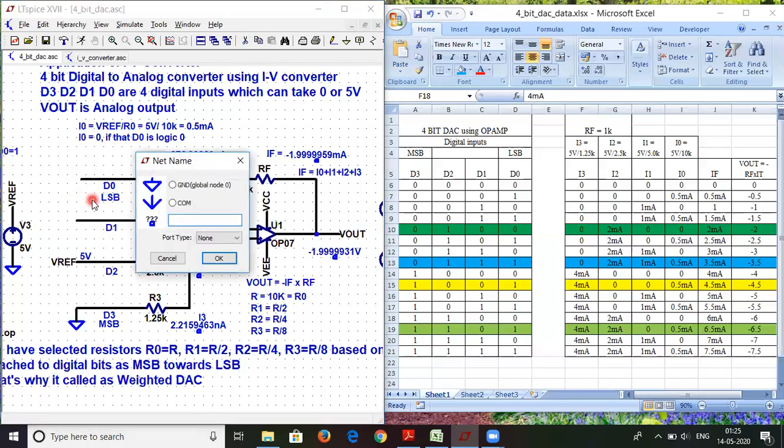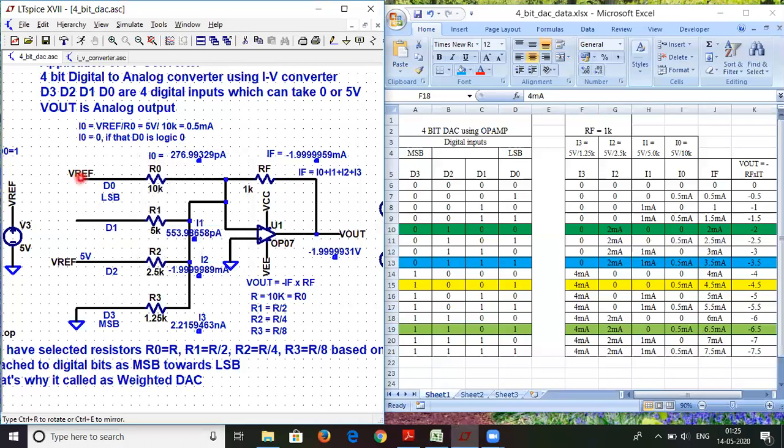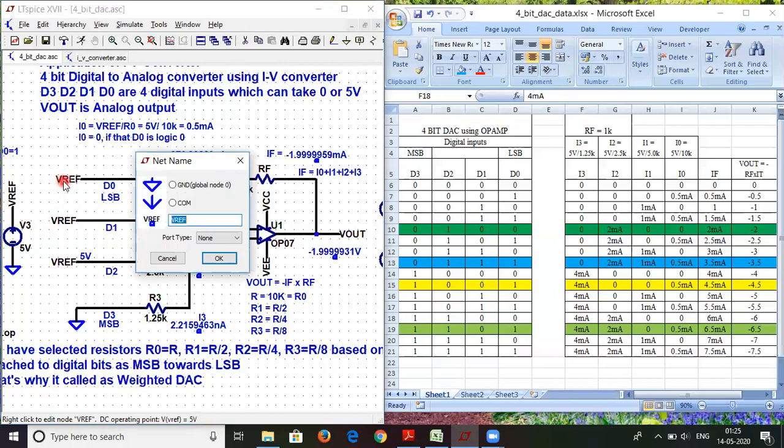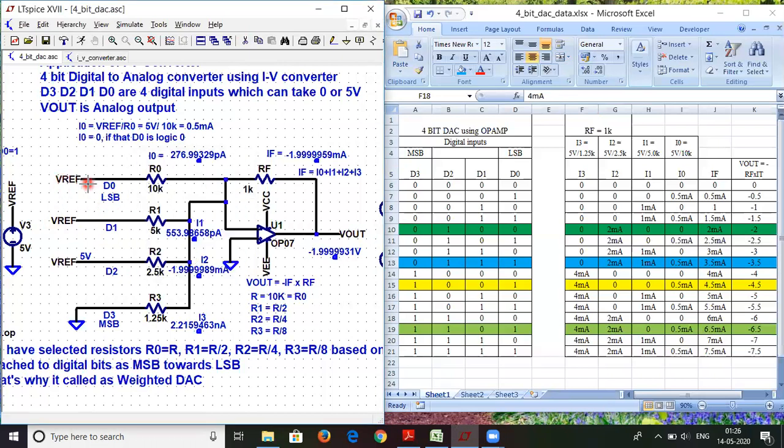So basically, it is acting as a switch. So here we are manually doing it, but in actual practical conditions, a switch is connected, which is connecting either to 0 or 1. So here we are ready. We have applied D3 bit as 0. Rest all the bits are 1, that is logic 1. Now let us run this. So for this combination, the output should come out to be minus 3.5. And yes, indeed, we are getting it as minus 3.5.